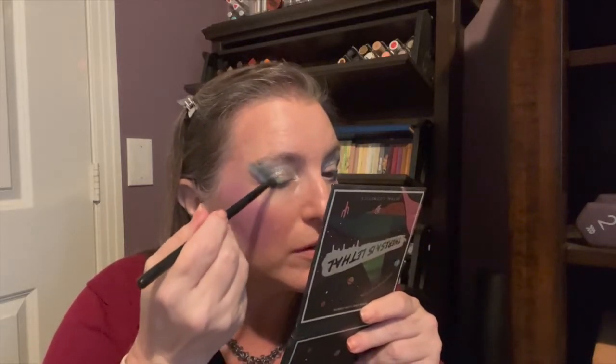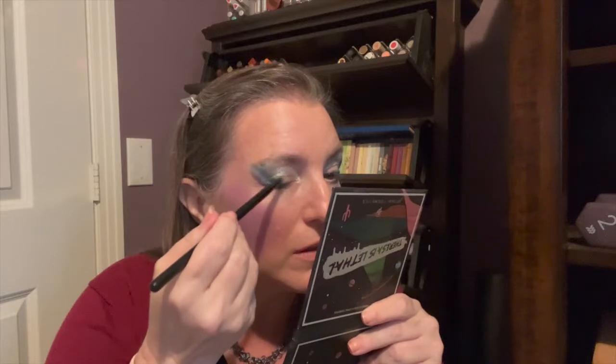Okay, and then what I want to do is we're trying to keep a lot of the light here, so I'm gonna want to go in with a deeper color but a little lighter than the Specimen 3. So what I want to do is take Venus Envy, and we're gonna put that in the middle of the movable lid. So we're going right here with Venus Envy. Matte color,